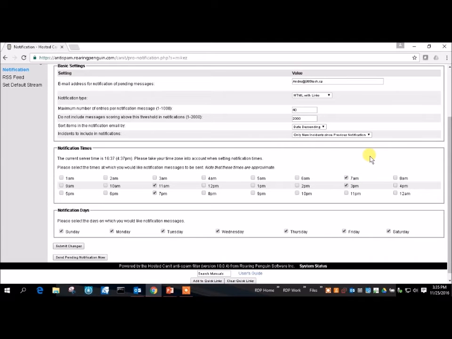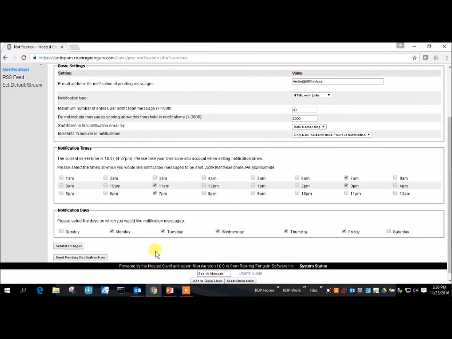You have an option of pretty much every hour of the day, so there are 24 hours you can choose to get your pending messages notification, and you can choose the days directly below it. You can take out every check mark and not get a pending messages notification, but that's not advised, as